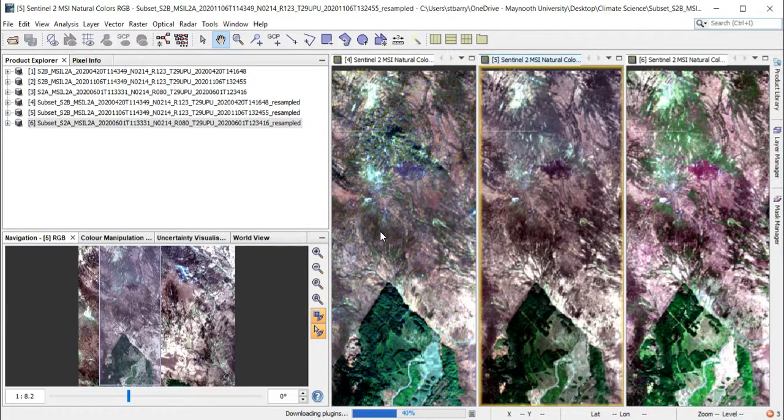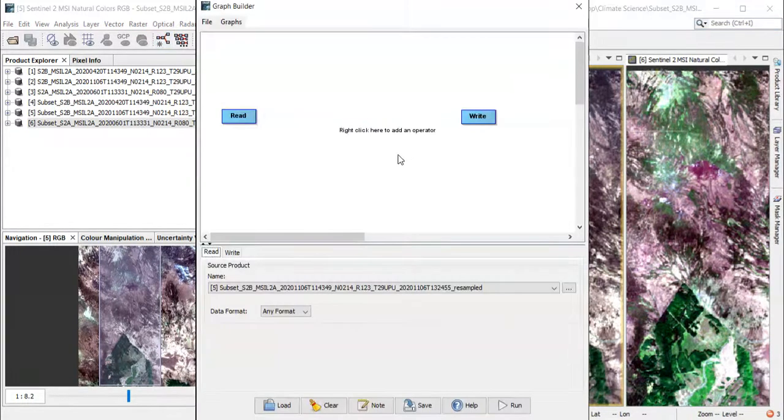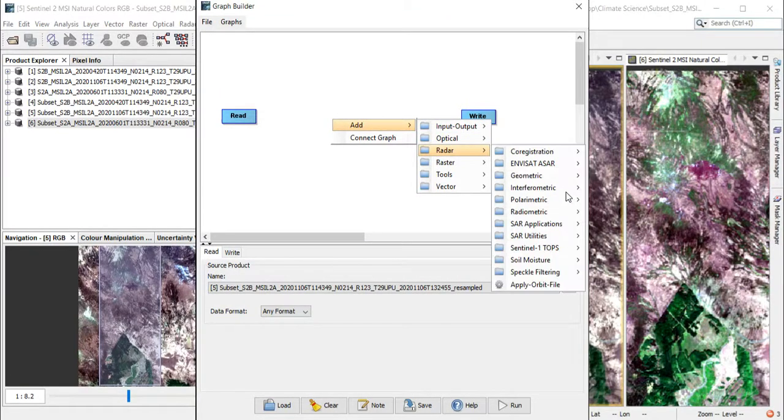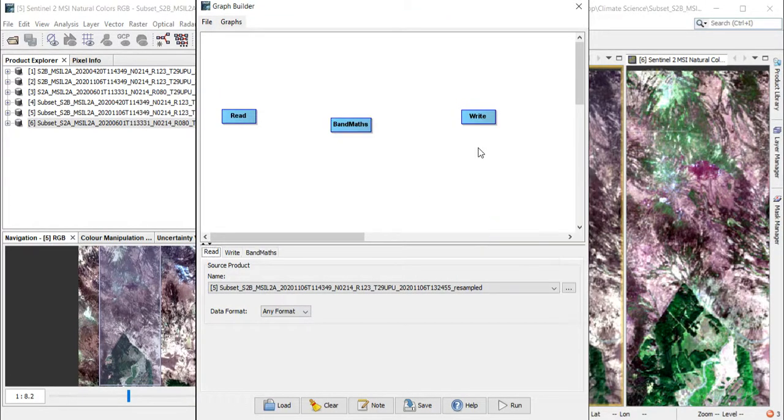Next, what we're going to do is some band maths on this. We want to calculate the NDVI. So again, we're going to click on this particular graph builder. We're going to right click, click raster, and go to band maths. Okay, we're then going to right click on the graph again and click connect graph, and then go down to